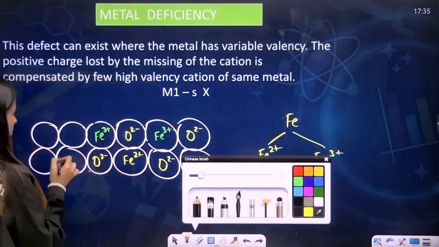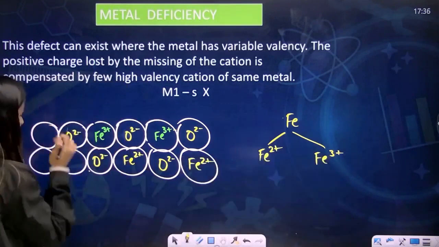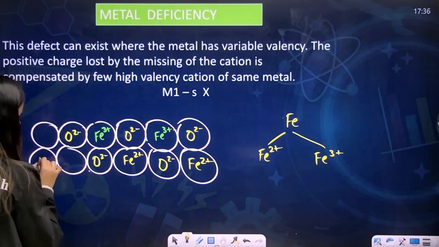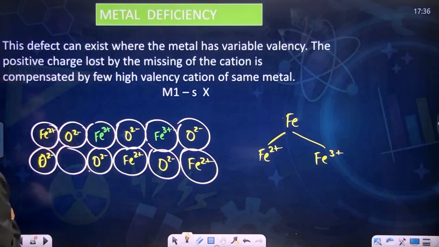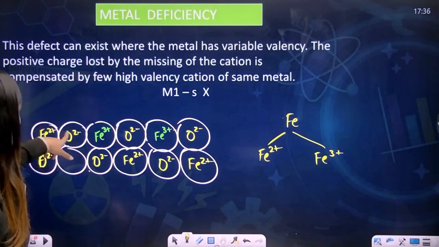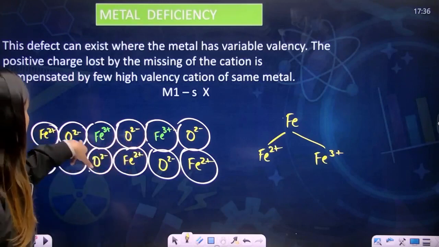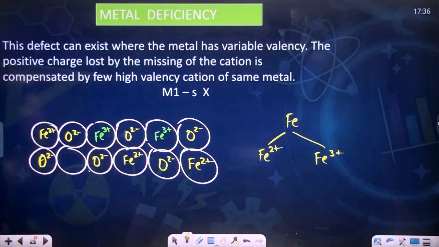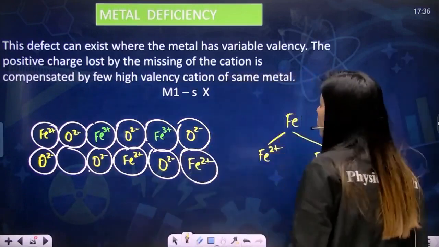I need O2 minus here as well. Then I'll not have Fe2 plus here. Then I'll have Fe. Then I'll have O2 minus here and Fe2 plus here. I hope now the total charge is balanced. This is balanced. This is 3 plus charge. This is 10 and this is also 10. Yes. Okay. So now see what happened, my dear students, initially when you only had